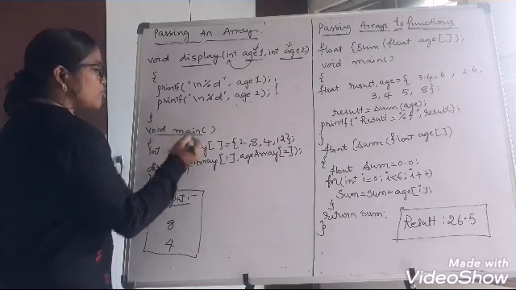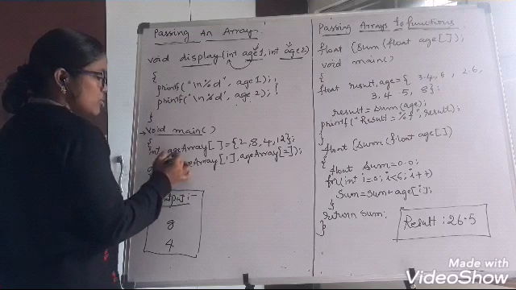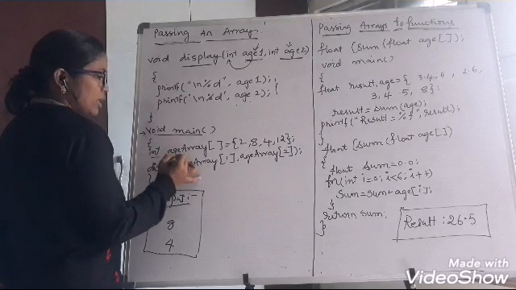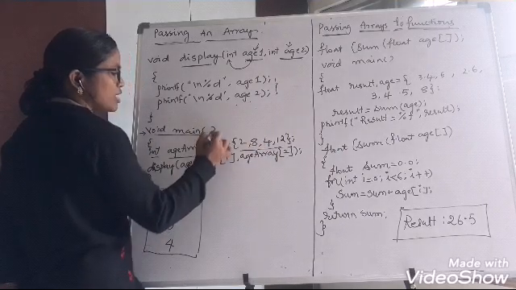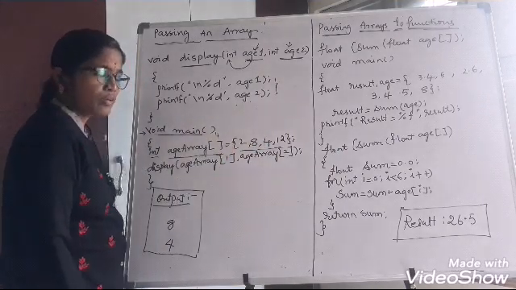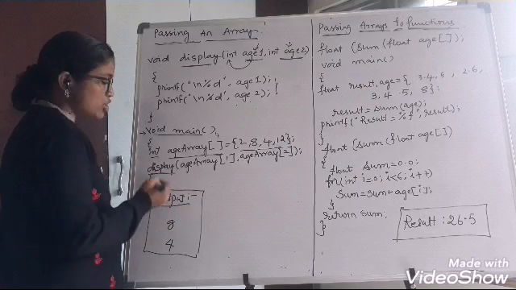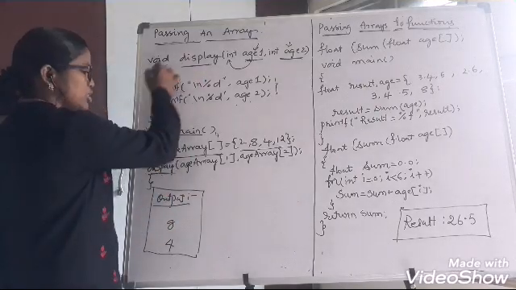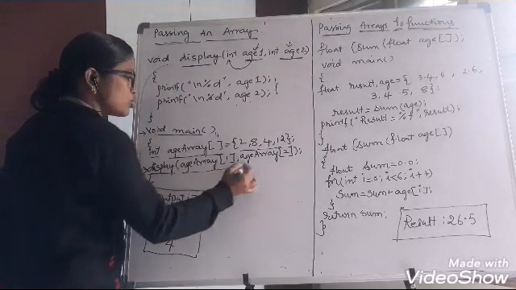So write the void main. Anyhow the execution starts from here. Here I am writing age array without the size. I have given 4 elements, so the size is fixed to 4. So here I am making a function call. What is the function call? Display is my function call. So this function is called over here by passing these two parameters.